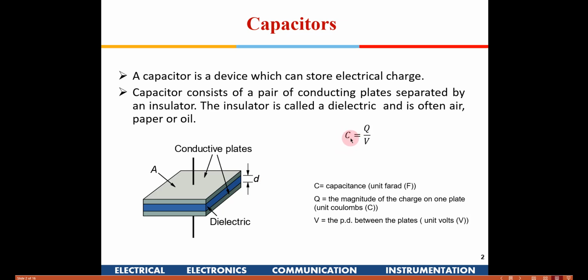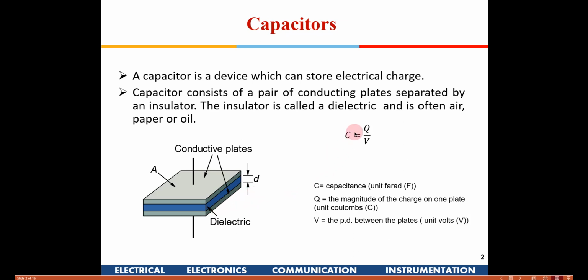C, which is given by the equation Q divided by V. Q is the net charge which gets stored on those parallel plates, and V is the applied voltage. When we apply a voltage V, a certain amount of charge gets accumulated on these plates. Wherever we apply positive voltage, on that plate all the positive ions get deposited, and on the negative side the corresponding equal number of negative ions will get deposited. So they become a storage of charge.